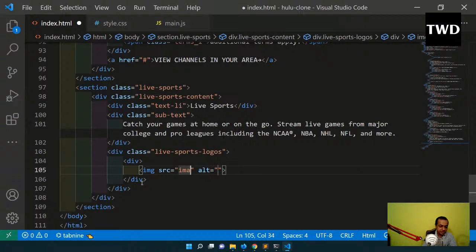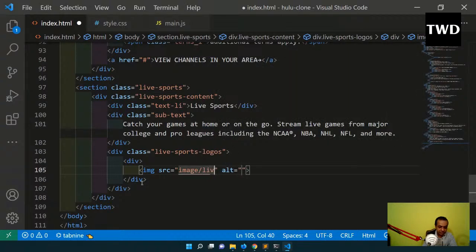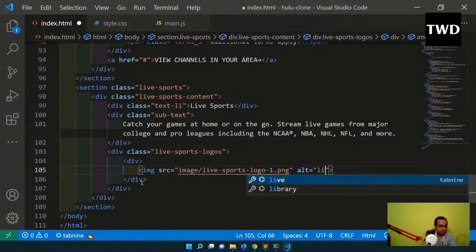Src is image slash live dash sports dash logo dash 1 dot png. So this one, live sports 1. Okay, so like this div is there,